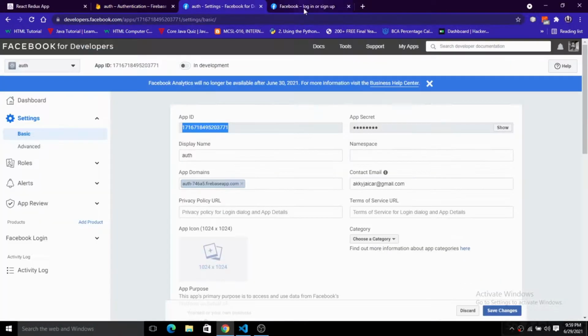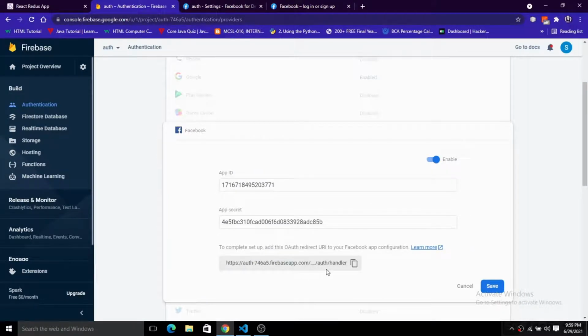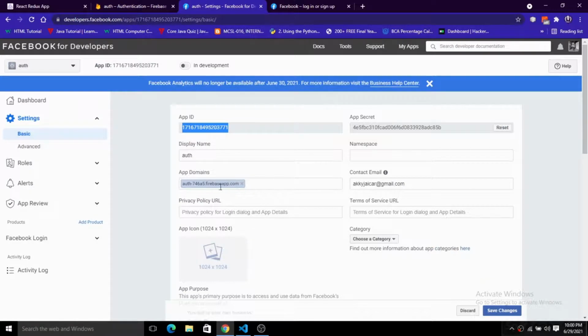If you see, this is the app secret, and you will get the app secret by entering your Facebook password. So here this is the app secret, right? I will simply delete this whole application after this video. Next, you have to add the domains. For that you have to go to this auth here, copy that, and paste it down here in the app domains.